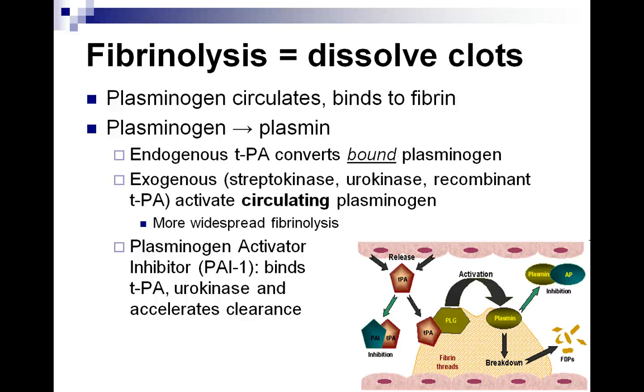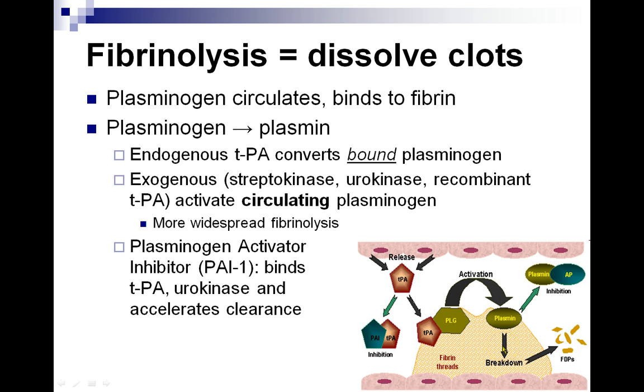And the key player here is plasmin. Plasmin starts also as a proenzyme called plasminogen, and it circulates and it binds to the fibrin clot. And the plasminogen is converted, it's activated into plasmin. How does this happen? Well, your body has a substance called TPA, tissue plasminogen activator, and that converts the bound plasminogen into plasmin. So here we have a picture of a nice fibrin plug, a nice clot, and here's plasminogen sitting here, and here comes some TPA released from the endothelial cells, and it activates plasminogen into plasmin, and plasmin starts chewing